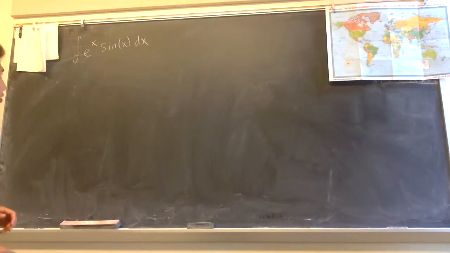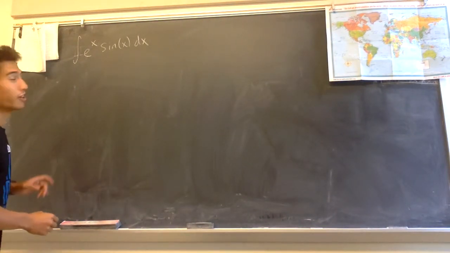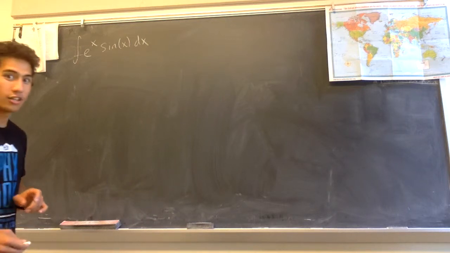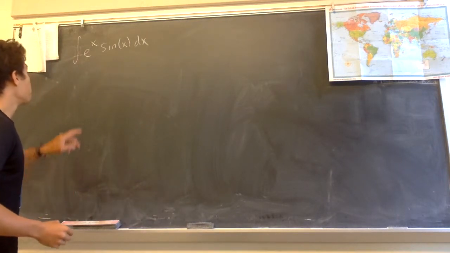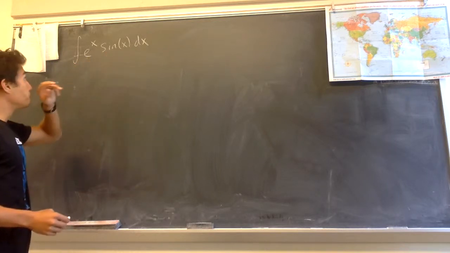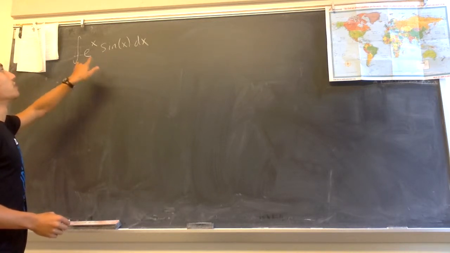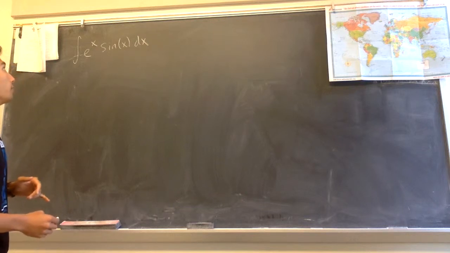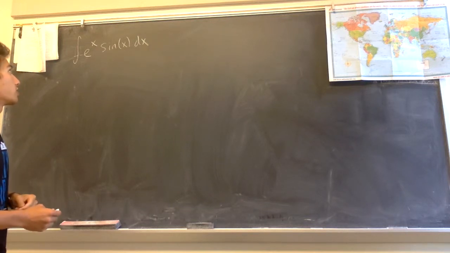Okay, in this video we're going to do an example where we use integration by parts, and we'll see that we have to use it 2 times. I'm trying to take the integral of e to the x times sine of x dx. You see that neither factor is the derivative of the other, so it's a good chance to try integration by